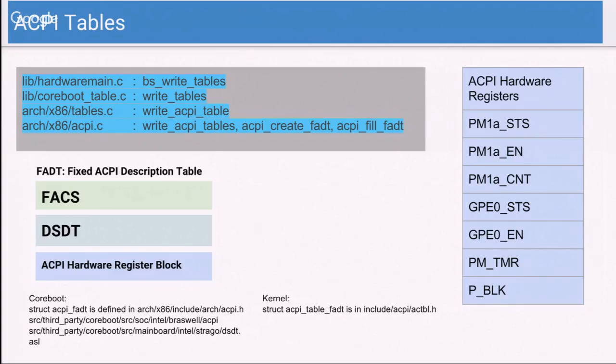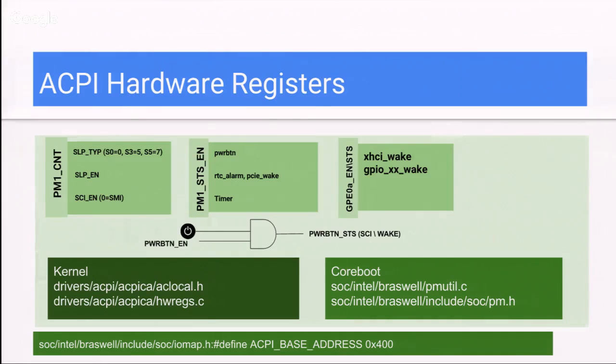So there is this PM1A control register, which is the one used to enable sleep. And then GPE is the general purpose event register. There are also a few other registers defined in the spec. To quickly run through the important ones, the PM1 control register has the sleep type bits, where you can put the system into S3 or put the system into S5. There's also a bit for sleep enable. There's a bit that can say whether you want a system control event or a system management event to go with any of the events in the system